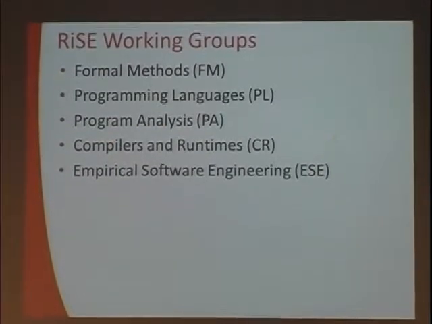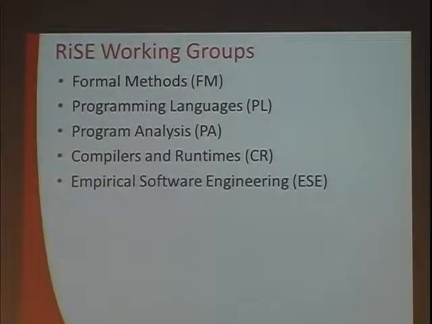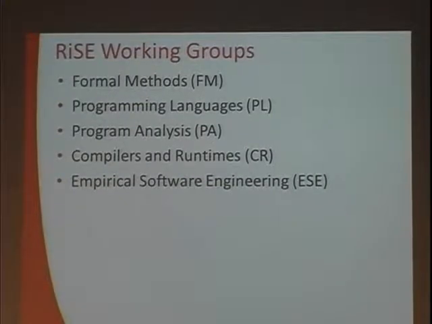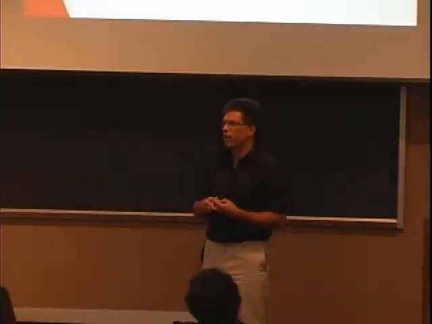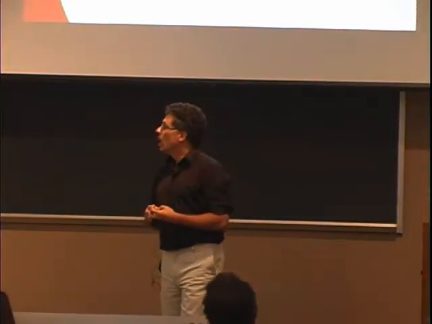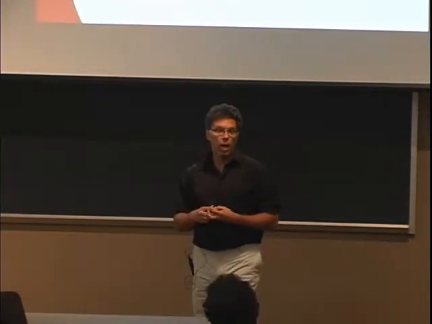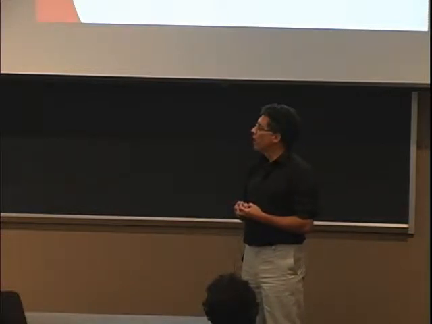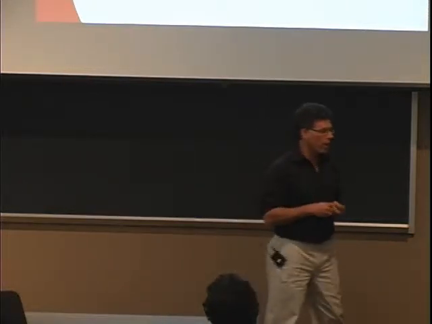If you think about our group, we divide into working groups along the lines of formal methods. This ranges from high-level design to theorem proving, logic, programming languages. We do programming language design, type theory, program analysis. We have a wide range of interests, from abstract interpretation to test generation to code contracts. We also do quite a bit in compilation technology and performance via runtimes, and also empirical software engineering.